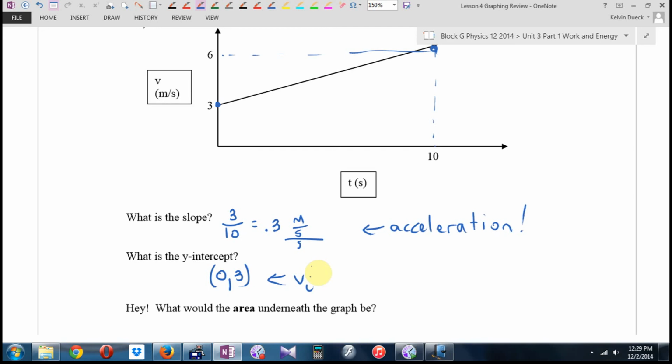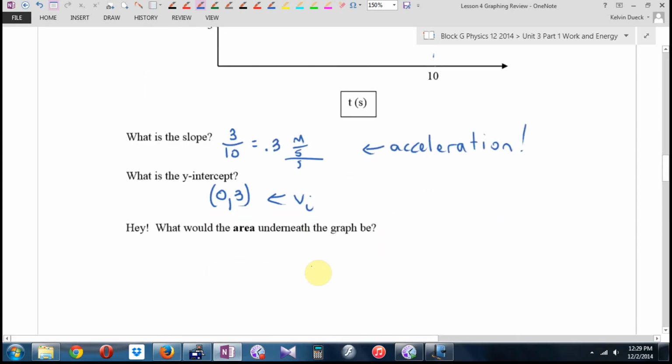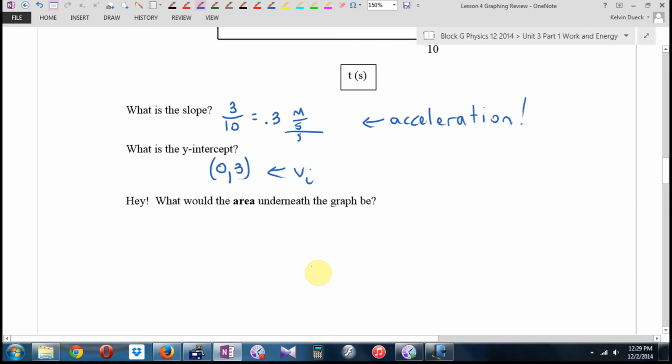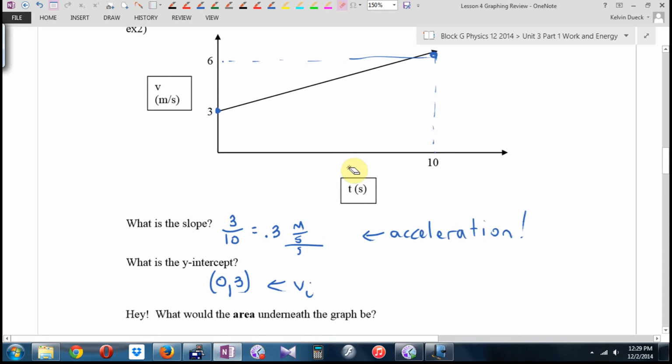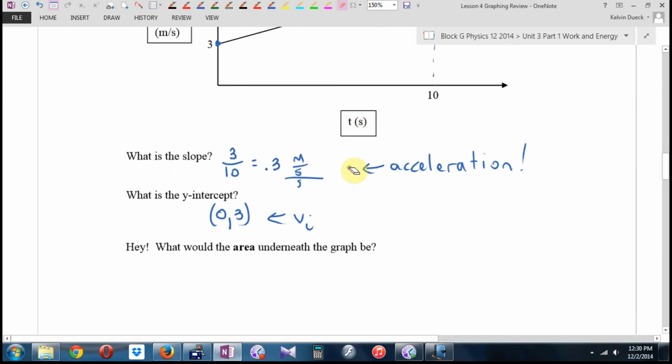So I have written down here, what would the area here be? Don't memorize it. How did we find the slope? We went rise over run. How do I find an area? No matter what the shape is, even this weird funky one, in every area, I multiply, whether it's length times width or base times height, yes, divided by 2. But no matter what, I times. So if you want me to interpret an area,